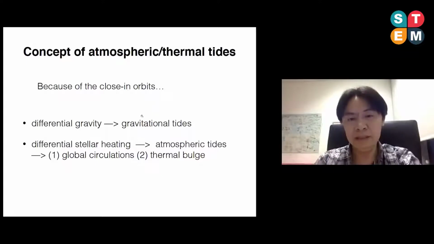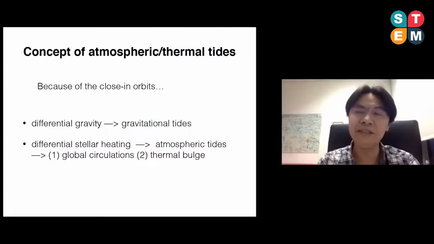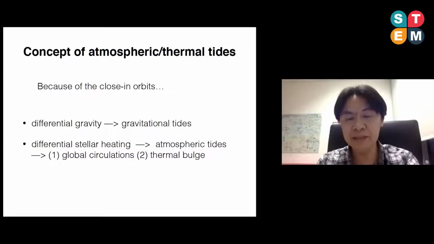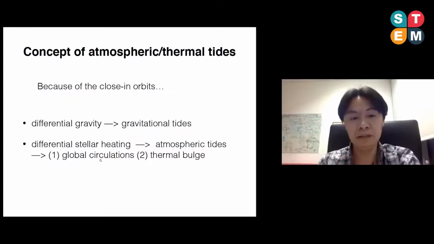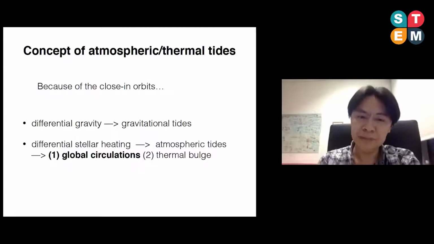As you all know, gravitational tides are driven by the differential gravity on different parts of a celestial body. Similarly, atmospheric tides can be driven by differential stellar heating on different parts of the celestial body. What I'm going to explain to you is that atmospheric tides can produce global circulation and thermal bulge. So let's move to the first subject,